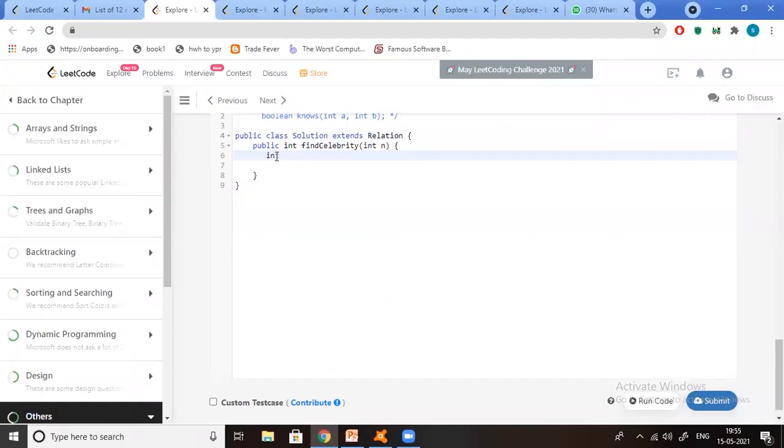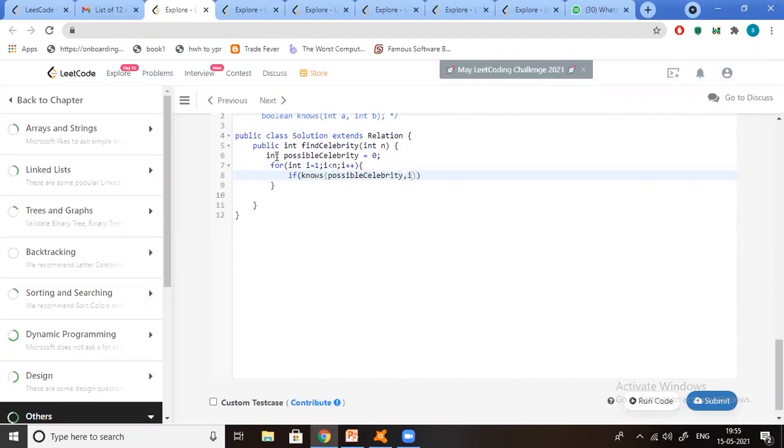Let me know this problem. Okay, so I'm going to code the optimal approach for the celebrity problem. I am considering my possible celebrity as 0. Then I'm going to run my loop from 1 to n for the other folks present in the party. For other folks present in the party, I am going to check if the possible celebrity